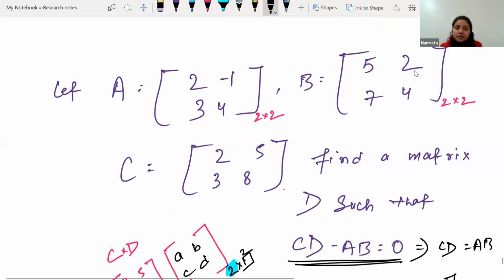There is a matrix A, there is a matrix B, there is a matrix C. We have to find D such that CD minus AB equals 0, which means CD equals AB. We are assuming D is a 2 cross 2 matrix. Why 2 cross 2? Because for the multiplication, the number of columns must be equal to the number of rows for D. And we can see AB means the result of A into B will be 2 cross 2. So here also the result